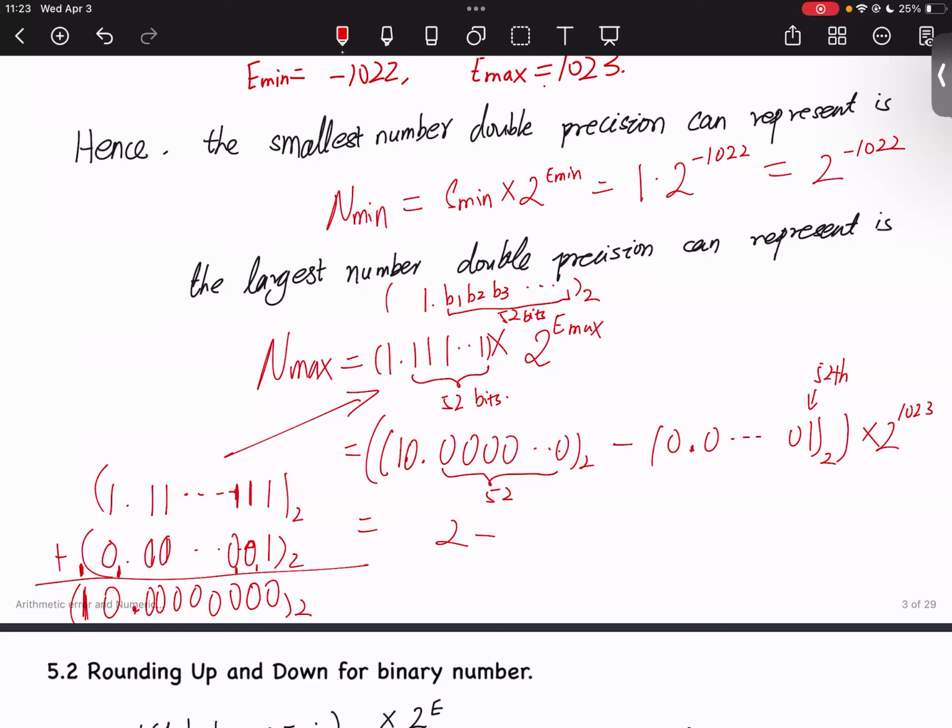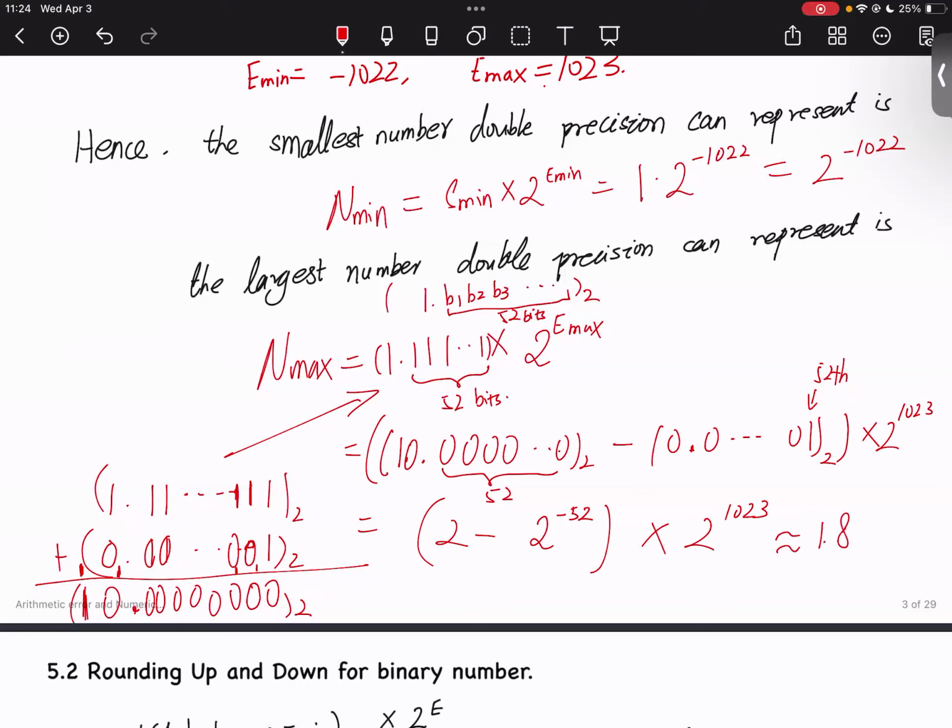So if you calculate the base-10 number, it should be 2 to the negative 52, and then times 2 to the 1023. You can do a little computation in the computer, and at the end it's approximately